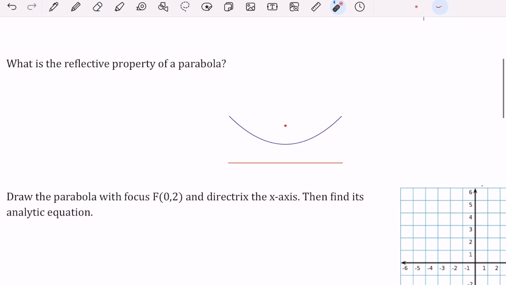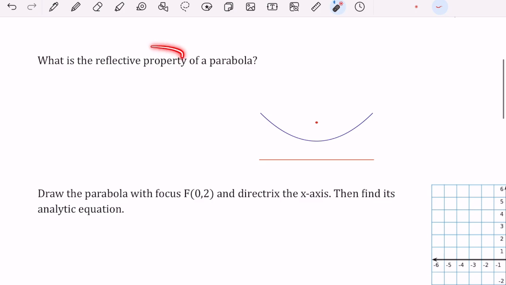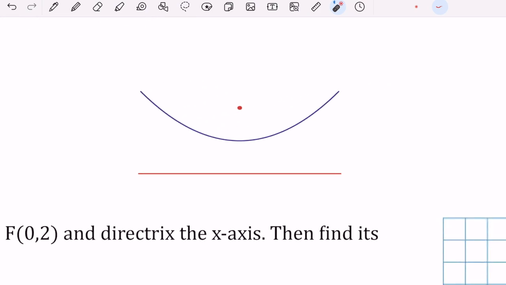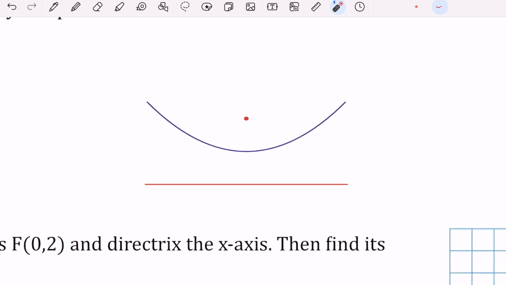There is a property that makes parabolas super special. Like, if you have seen antennas or mirrors, there is a very interesting property regarding parabolas that is called the reflective property. This property, we're not gonna prove it because to prove it, we're gonna need more advanced math and more time and more energy. So we're only gonna mention it. So the thing with parabolas, why do we see parabolas all around the world in antennas or in telescopes, or in glasses? It's because